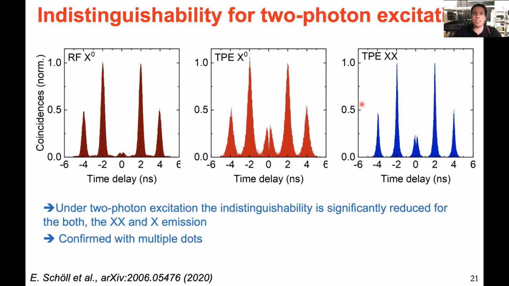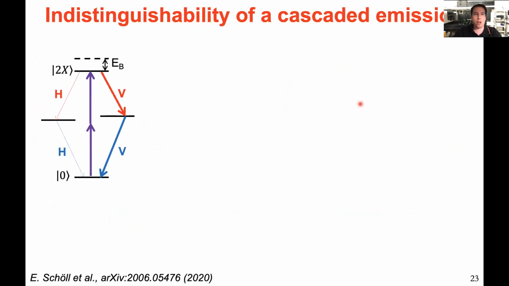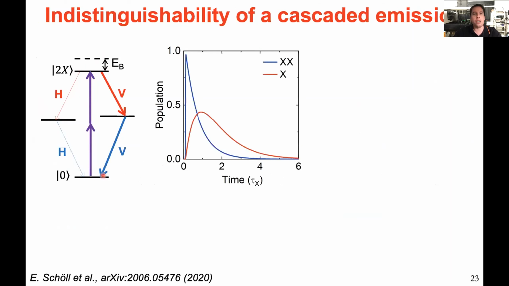So where does this limitation come from, and how strong is it limited? To do that, now let's first ignore one arm of this two-path cascade and only look at the cascaded emission of a 3-level system. If we instantaneously prepare the uppermost state and look at the emission of these two states, you can see that the biexciton decays spontaneously. The exciton can only decay after the state has been populated.